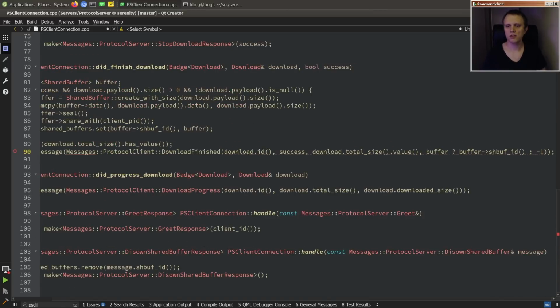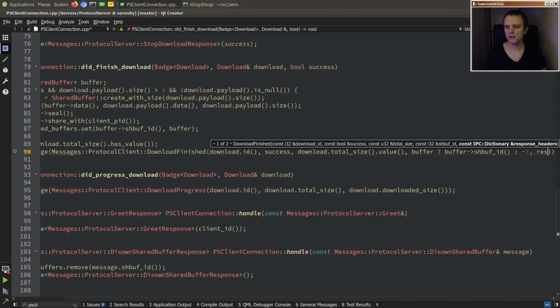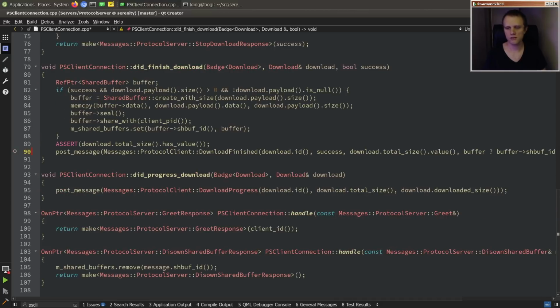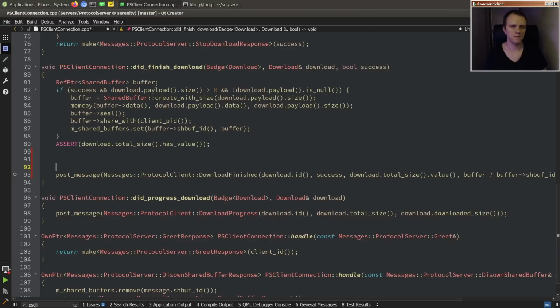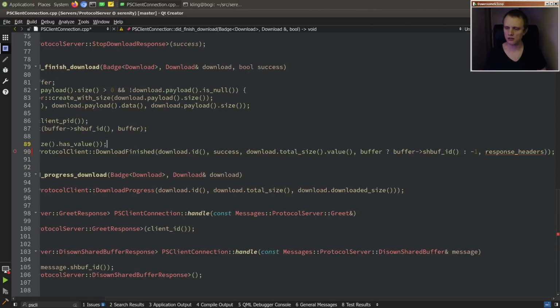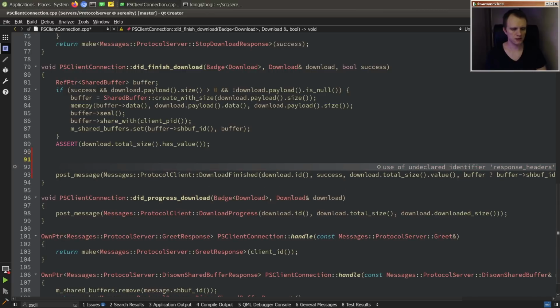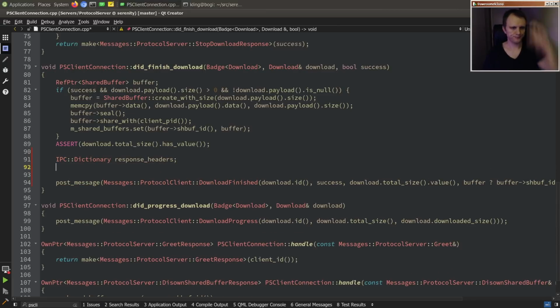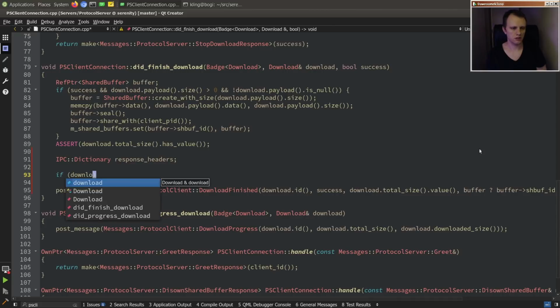That's just our headers missing. So here we can just say response headers. And then let's say dictionary response headers. If download,